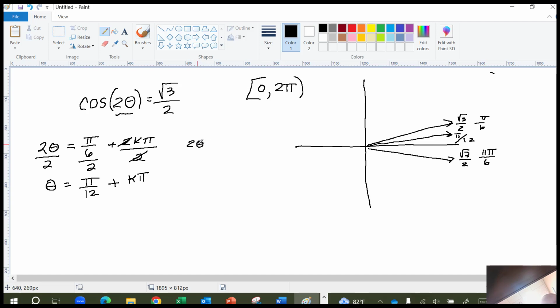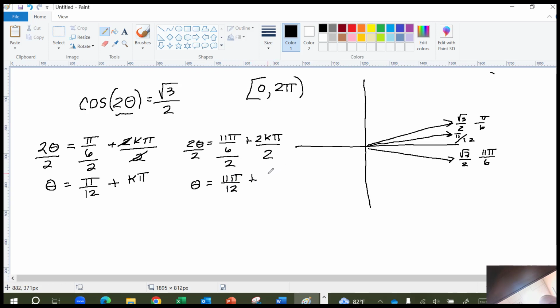2 theta is 11 pi over 6 plus 2k pi. That's the period of cosine around and around and around. That's the k part, okay? But we have to divide by 2 because our angle is twice theta, and we came up with that angle 11 pi over 12